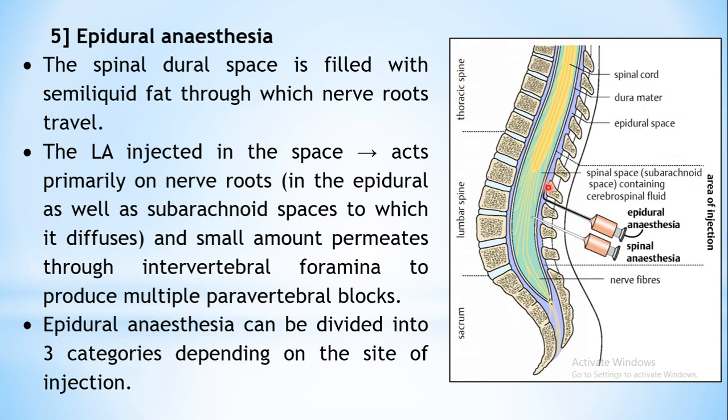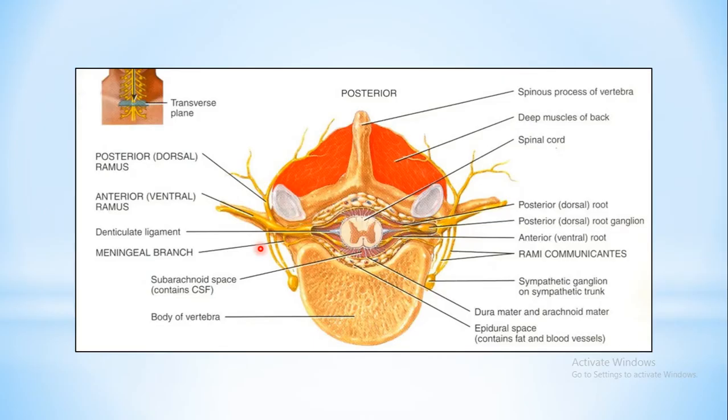This is the region where your anesthetic is actually applied. This is the epidural space. This is your dura mater, and just outside that is the epidural space. This is the area where your anesthetic is actually being applied. Here nerve roots will take up and they will maintain the anesthesia in these particular regions. Now, depending upon which area you are injecting, epidural anesthesia is of 3 types. I have just shown you the picture. This is the epidural space where the injection is supposed to be given, and the nerve roots will take up.